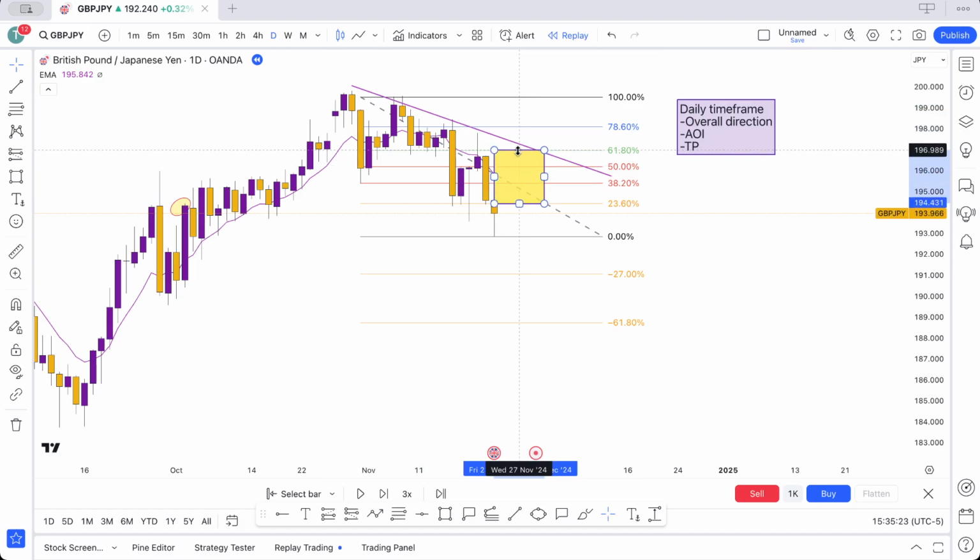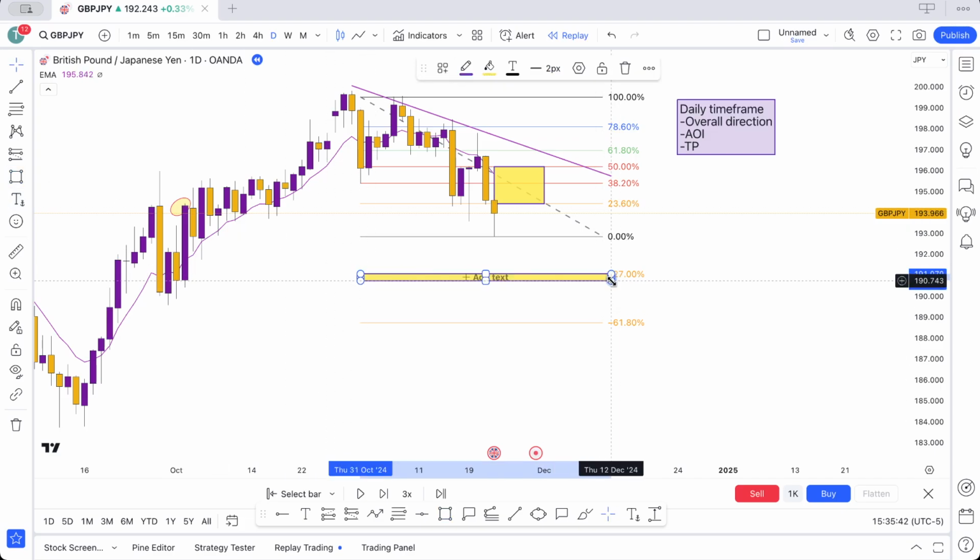However, your retracement may go as high as the 61%, or even midway between the 78.6% and the 61.8%. So I kept it at the 50%, and I also looked into my take